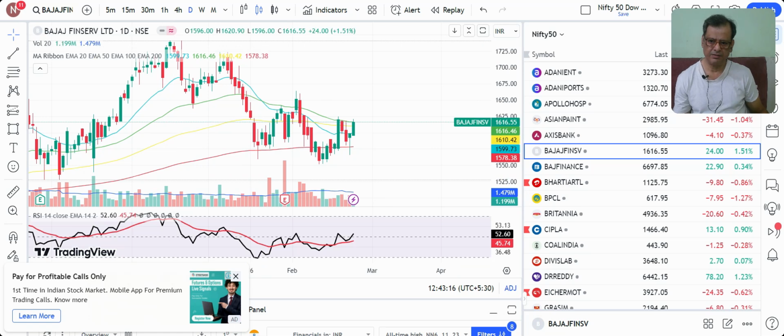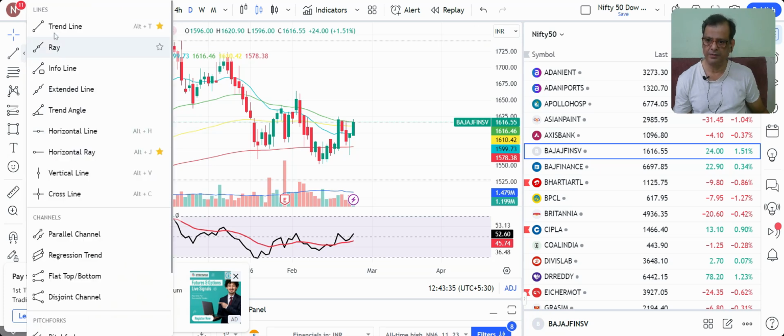Here, prices are slowly moving downwards. You have a lower high and a lower low. This high is lower than this high. This low is lower than this low. So it's a lower high, lower low. So we can draw a trend line here, basically